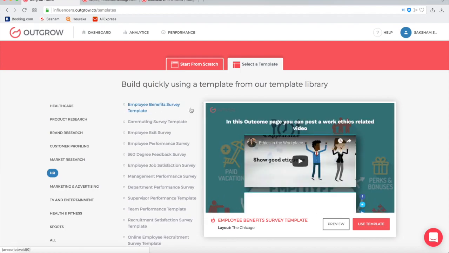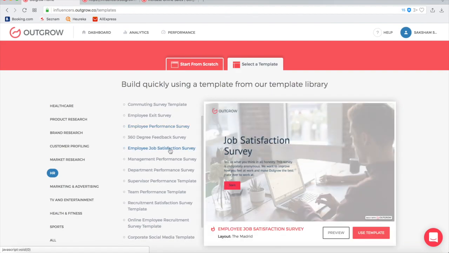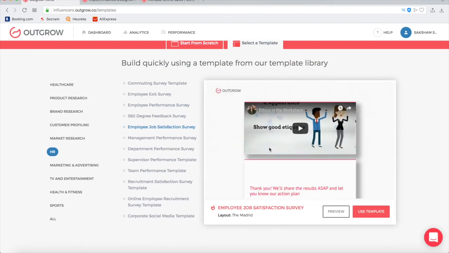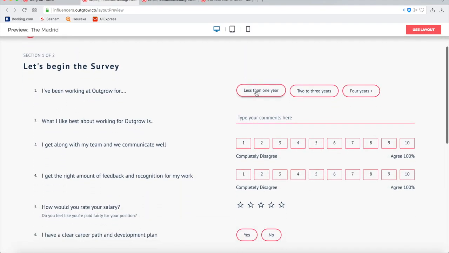So for instance, if you wanted to make, let's just say, a job satisfaction survey, and then you just click on preview here, and you can see which one you actually want to use, which of the templates. So let's just try to figure this one out. And one can click here, one can enter